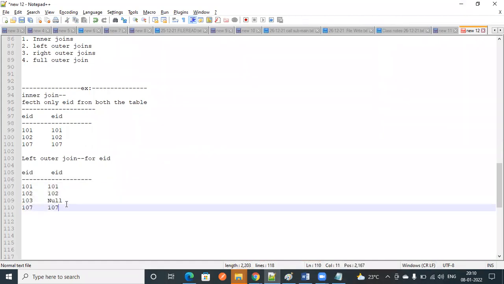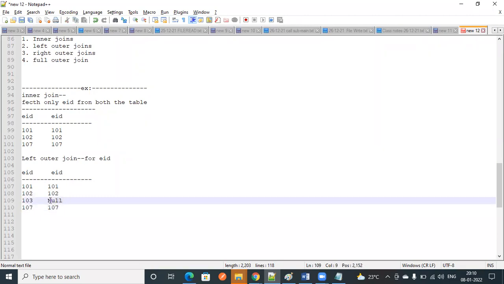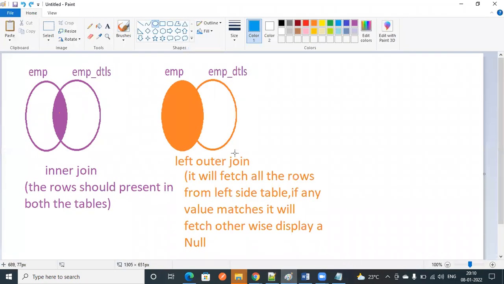If nothing is matching, then it displays a null. This is about left outer join. The same way, what is right outer join? Right outer join is opposite to left outer join. That's it.